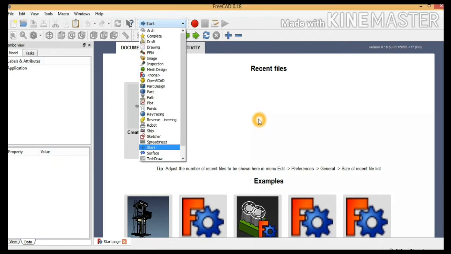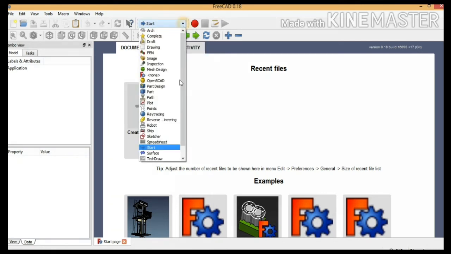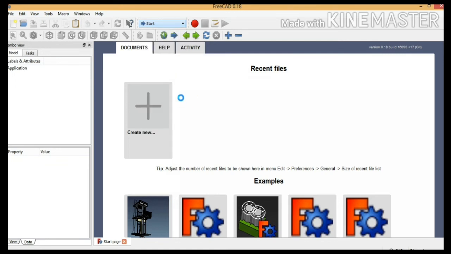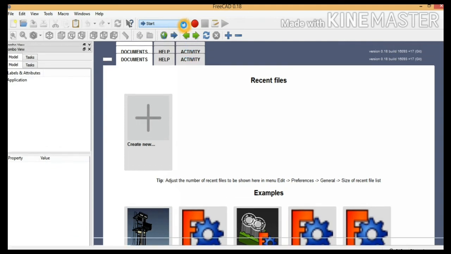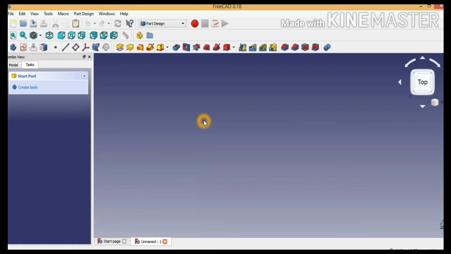Available. This workbench is exactly similar to your workbench. In manual drawing, you called it a design board or drawing board. If you want to design a part, now I will select Part Design. Okay, now the Part Design workbench is open. In that I will create a new part. This plane is like your drawing sheet where you draw your design.